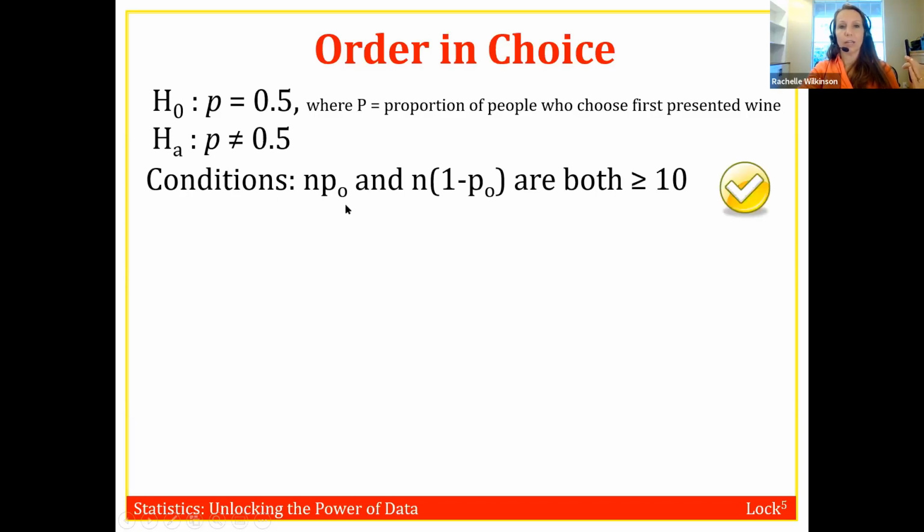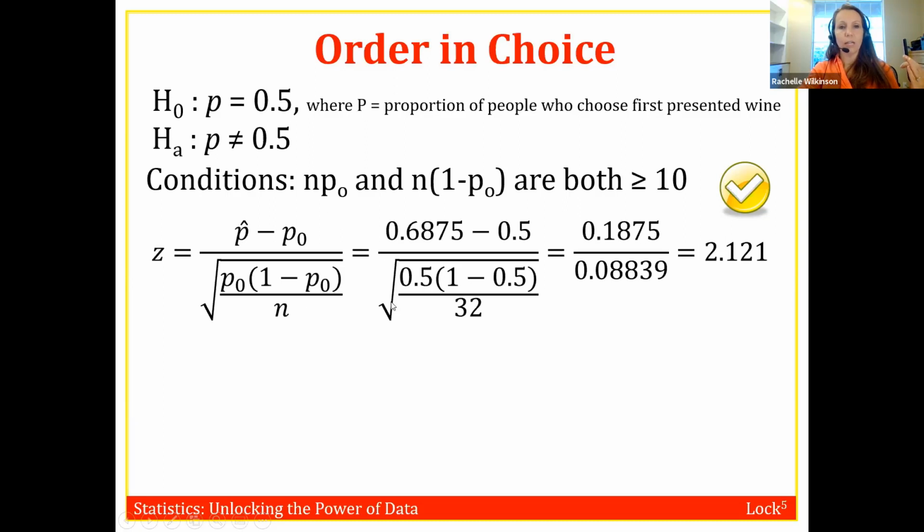I'm not going to work out the calculations for the conditions here. Here's what our test statistic would look like. What I do want to talk about is how this is going to affect our p-value when we have a two-sided test versus a one-sided test. Working through the calculations for our test statistic, we would get a 2.121. So in StatKey here,